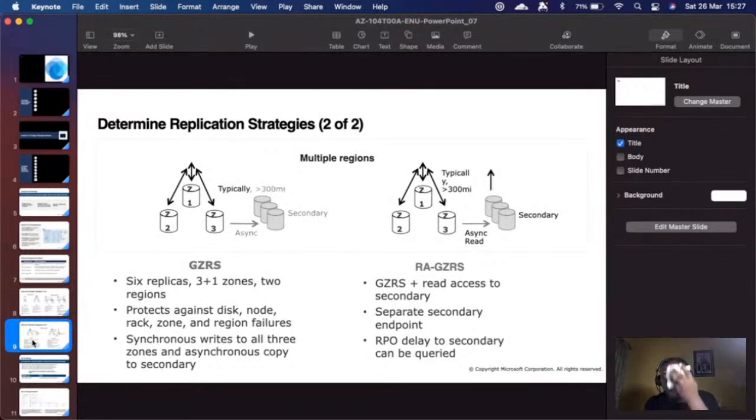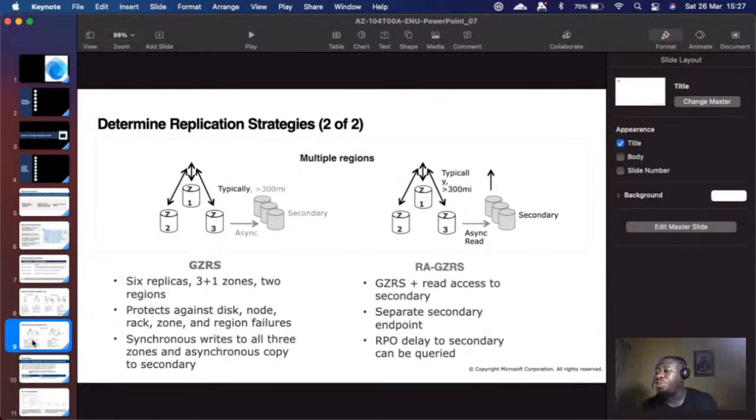The next one we want to talk about is the zone redundant storage, right? This zone redundant storage has six replicas, three plus one zones, and two regions. Same thing it does. It protects against disk, node, rack, zone, and region failure. Why? Because you're dealing with two regions this time around. You also have synchronous write to all three zones and asynchronous copy